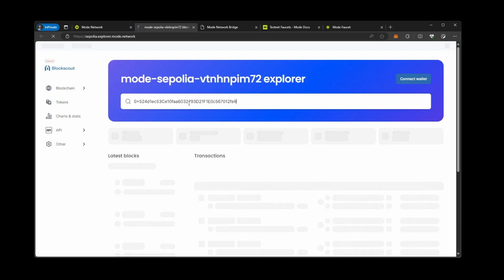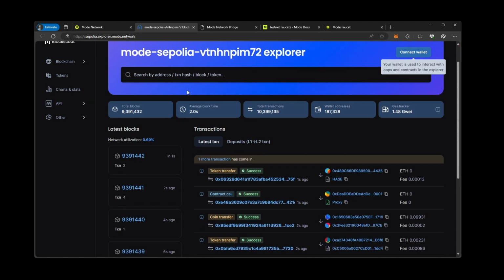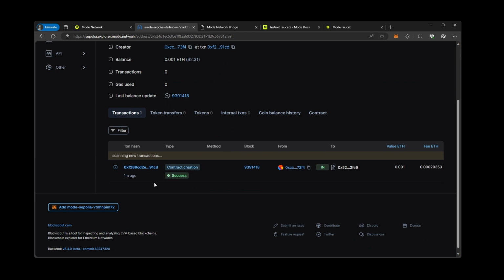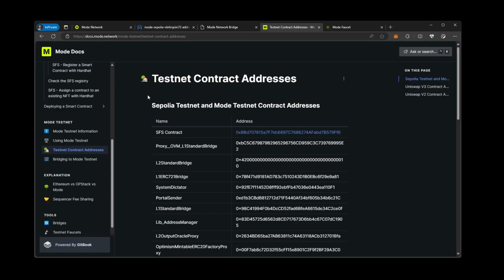I'm going to paste that here, and we should find that just one more time. We can see that this was completed a minute ago. This is the transaction that we deployed. Next step is to check if this contract is actually registered on the Mode SFS. Let's do that. The way I like to check if my smart contract is registered on the SFS is by going to the testnet contract addresses, going to the SFS contract,